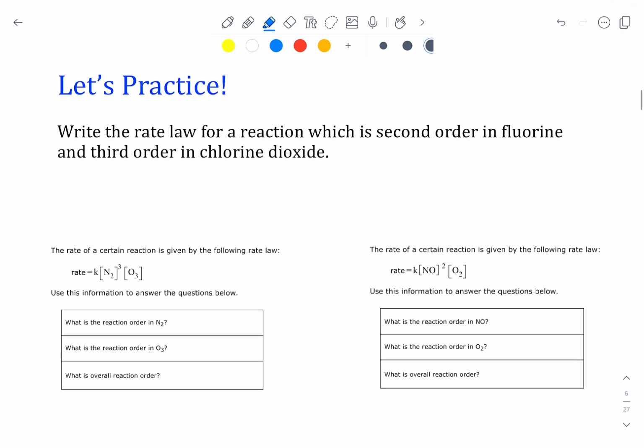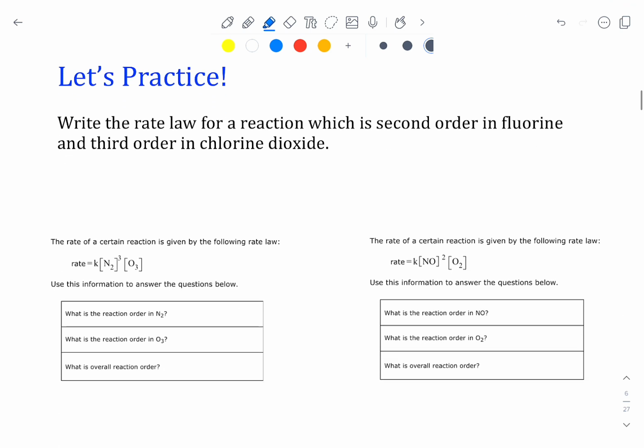So let's practice. First, we want to write the rate law for a reaction that is second order in fluorine and third order in chlorine dioxide. Well, in order to write a proper rate law, you first write rate is equal to k. We need that k there. And what I didn't say previously is k, which is the rate constant,